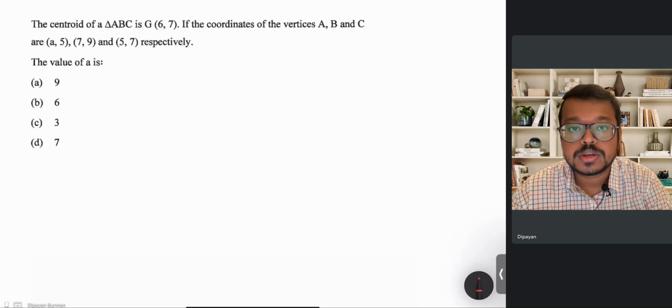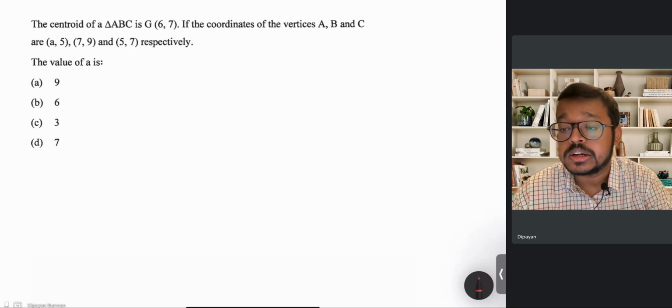Let's solve some questions on section, midpoint formula and equation of a line. Now these two chapters are interrelated, and there are many questions which were asked where you have to apply concepts from both the chapters. Now the first question is